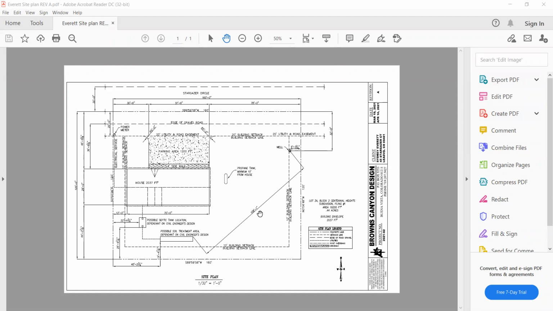All right, that 100 feet, is that to the leach field? From the tank on the left there, and then the 100 feet, does that rectangle represent the leach field? Yes, this represents the leach field. This represents the septic tank, and this is the well up here. And then you had said something about room for an alternate. Tell me about that.